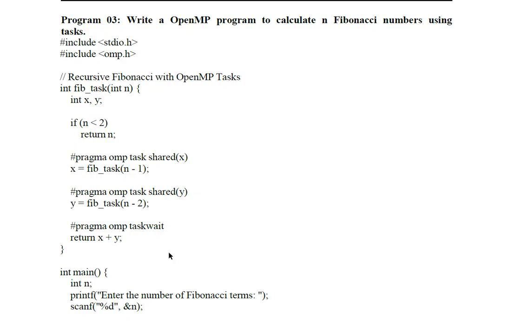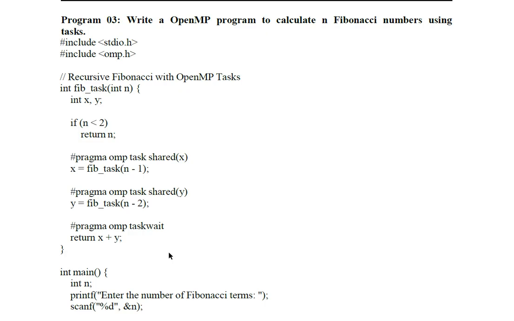Today I'm going to explain the OpenMP program to calculate n Fibonacci numbers using task. The purpose of the program is to compute the Fibonacci series using OpenMP task to parallelize the recursive Fibonacci functions. Normally the recursive version of the Fibonacci function is computationally expensive because it recomputes many subproblems. So OpenMP allows us to parallelize those recursive calls so that different parts of the recursion tree run concurrently on